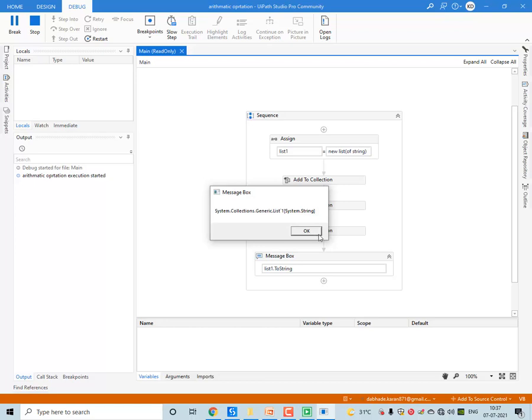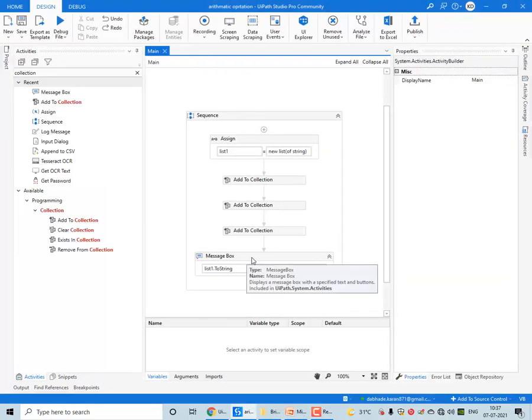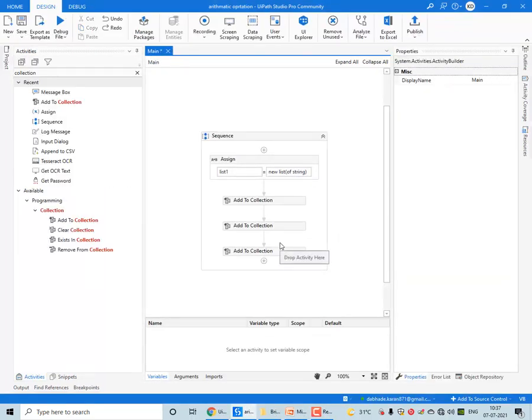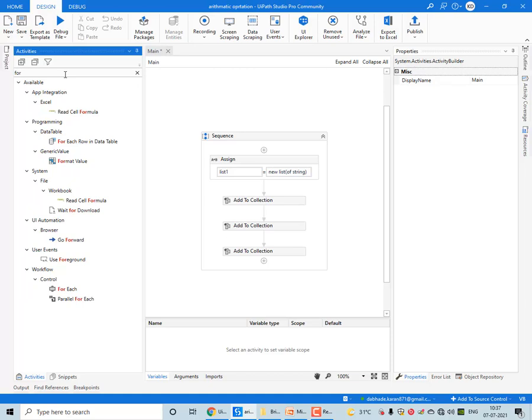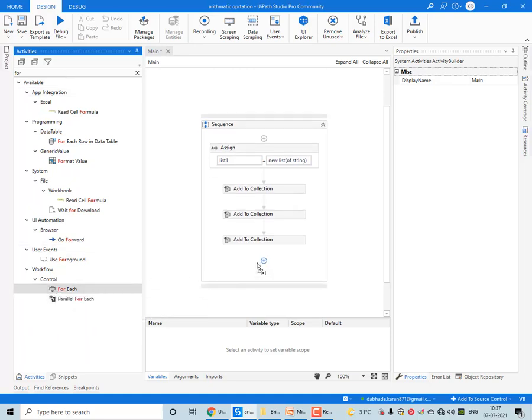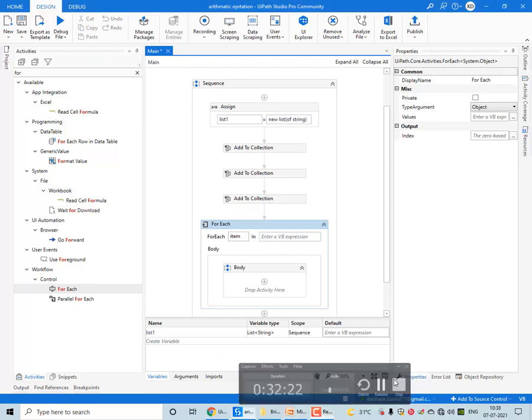So to display the values properly, I will use For Each. It will iterate over each and every element. Now you can see the For Each, this is the default variable.